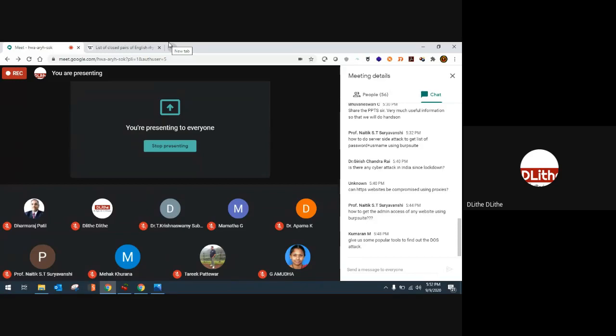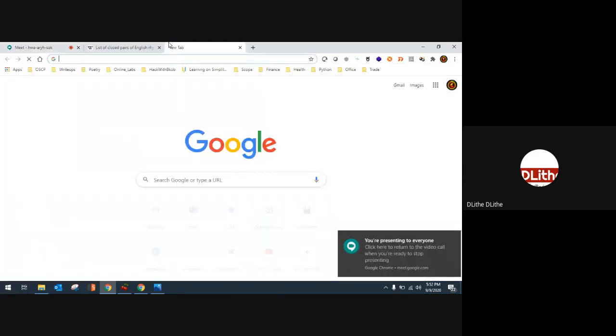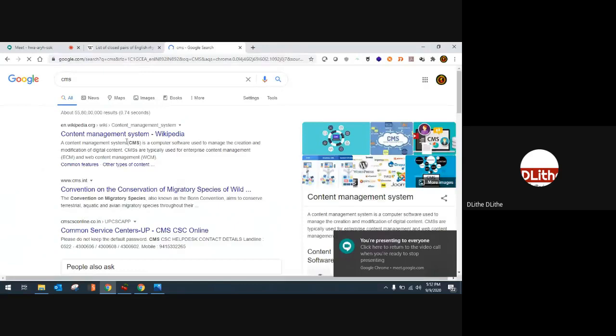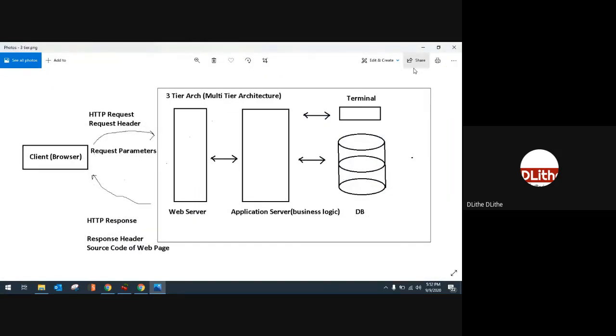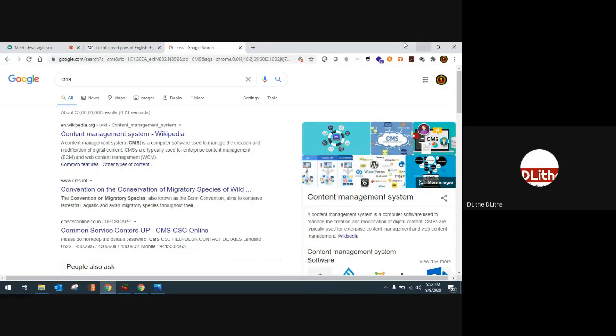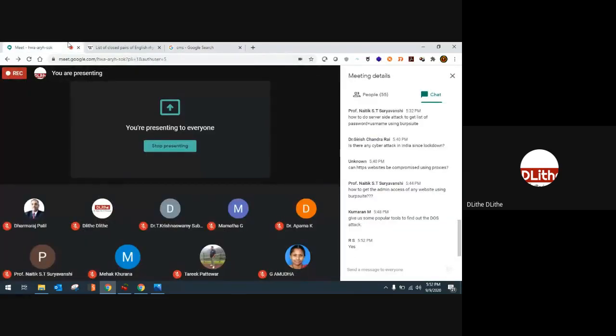Second thing, a lot of websites are not built manually, because obviously building a website takes a huge amount of time, isn't it? Hence, people use something called a content management system, CMS. With a CMS, you can use third-party applications where they've already built the application logic. There's already a database and a web server. All you need to do is drag and drop, make some UI changes, alter a few templates, and your website is ready. So through a CMS, you can build a website within a few minutes. That is the advantage of CMS.